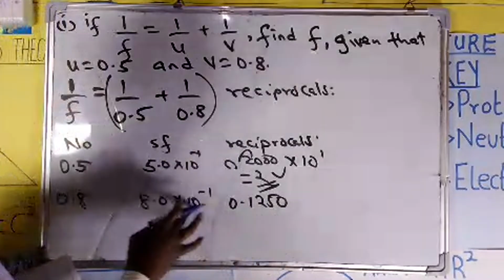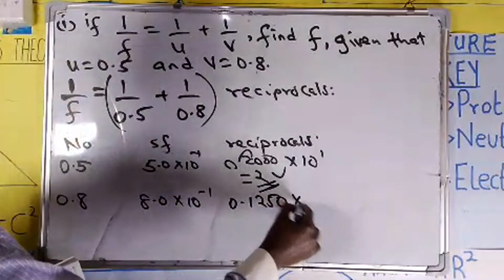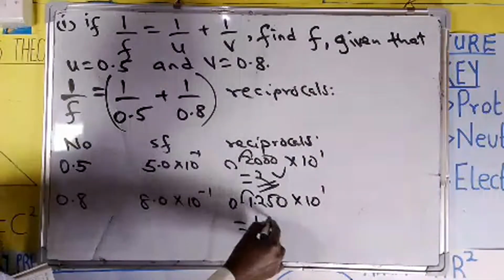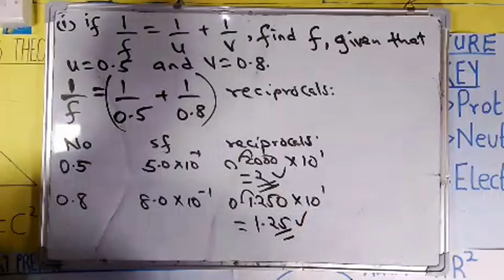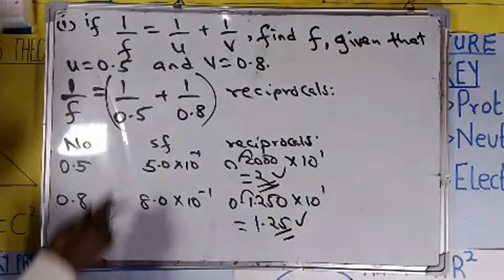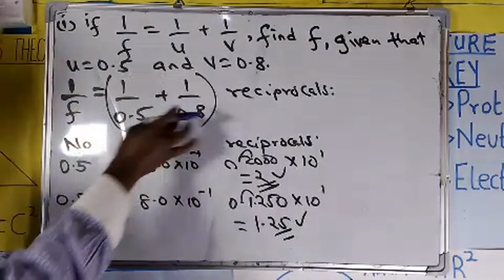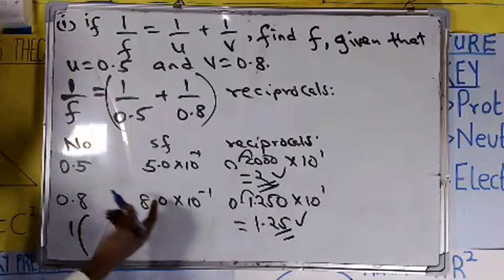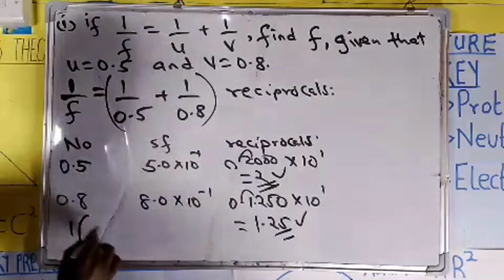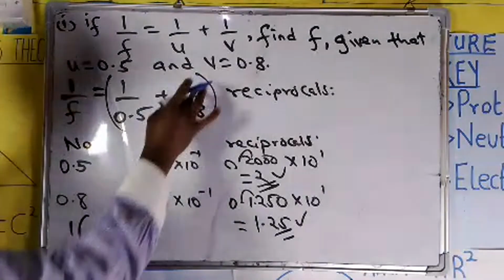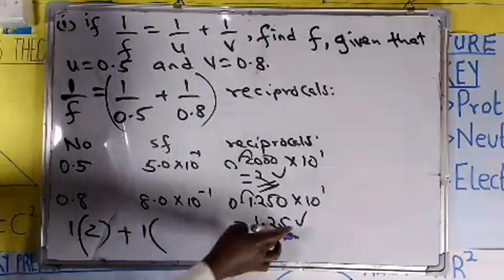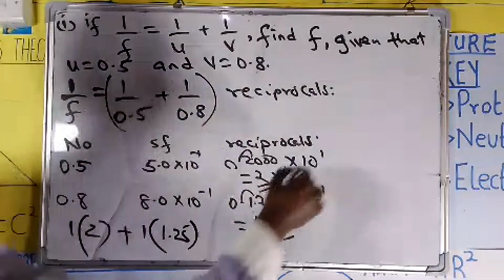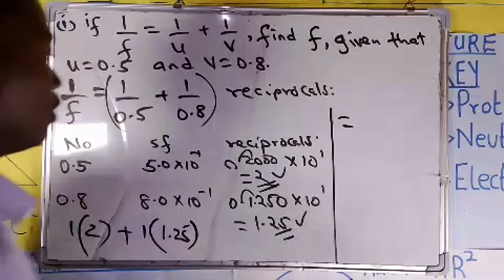0.1250. And the reciprocal of 10 to power negative 1 is 10 to power 1. So this one will go to that side and it is going to be 1.25. So for us now to get the total, it is going to be 1 multiplied by the reciprocal of 0.5, which is 2, plus 1 multiplied by the reciprocal of 0.8, which is 1.25. And by doing so, we are going to get